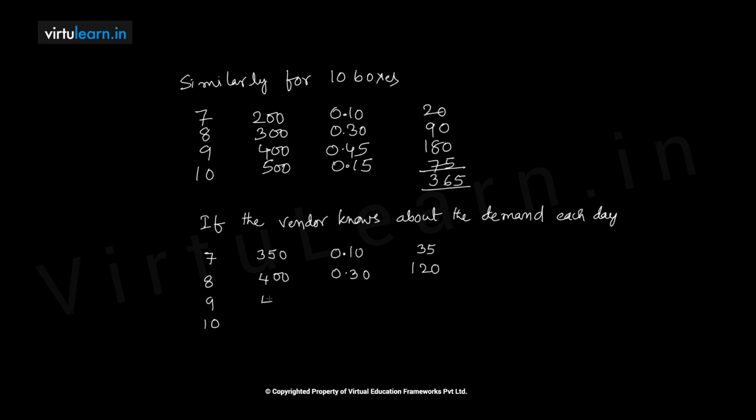And here he knows if he can sell 9 boxes, that has 450 rupees, which has a probability of 0.45, and the profit would be 202 rupees 50 paise, 202.5. If 10 boxes are in demand, 10 boxes are brought in, and which has a probability of 0.15, then it would be 75. So total put together it is